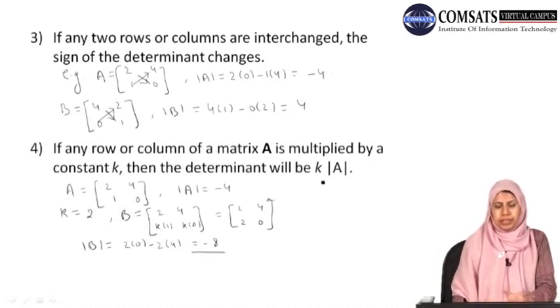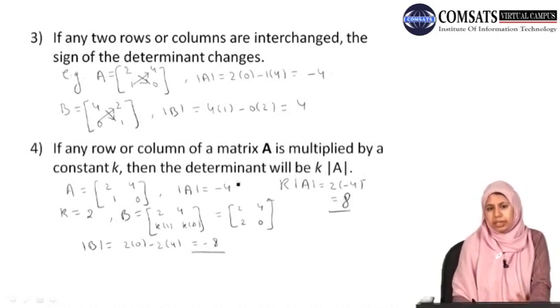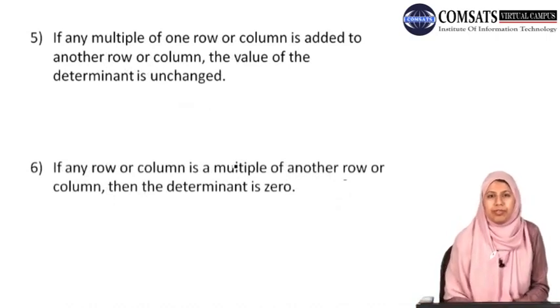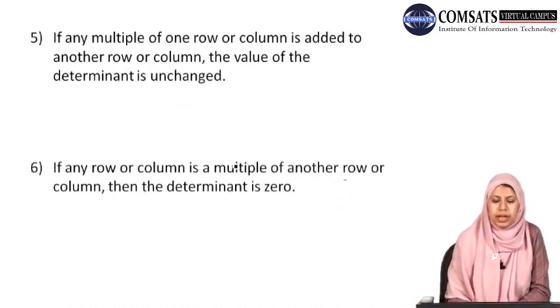And on the other side of the equality, we take the determinant and multiply it with the scalar. That is, k into determinant of A is 2 into -4, which is -8, which shows that either we multiply the scalar inside and then take the determinant, or we take the determinant first and then multiply with the scalar, it is the same. Our fifth property says that if any multiple of one row or column is added to